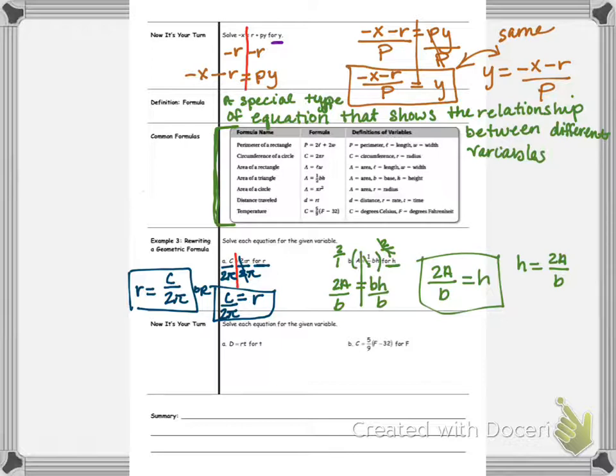All right, so another quick one. We have distance equals your rate times time. We're going to solve for time. So this one is pretty straightforward. I need to get t by itself, and that's r times t. So I'm just going to divide by r. And I have d divided by r equals t. And I solve for t. Very simple. Remember, if you need it rewritten, t equals distance divided by your rate. Okay? All right, now over here we have